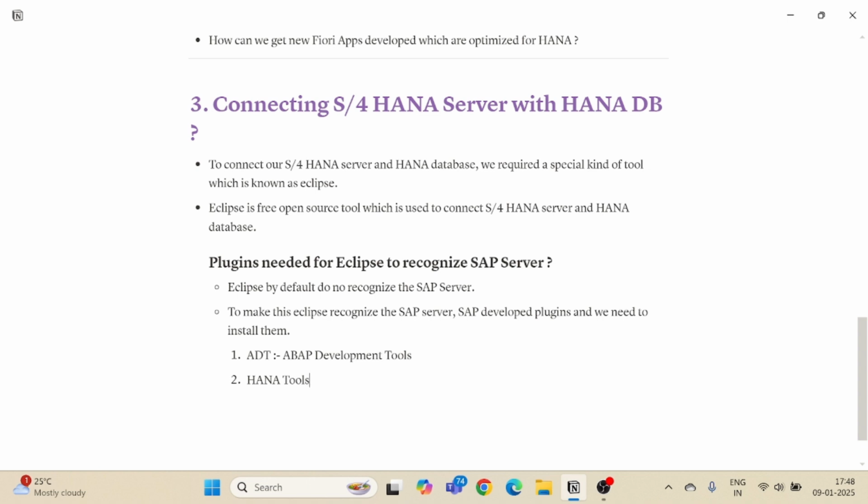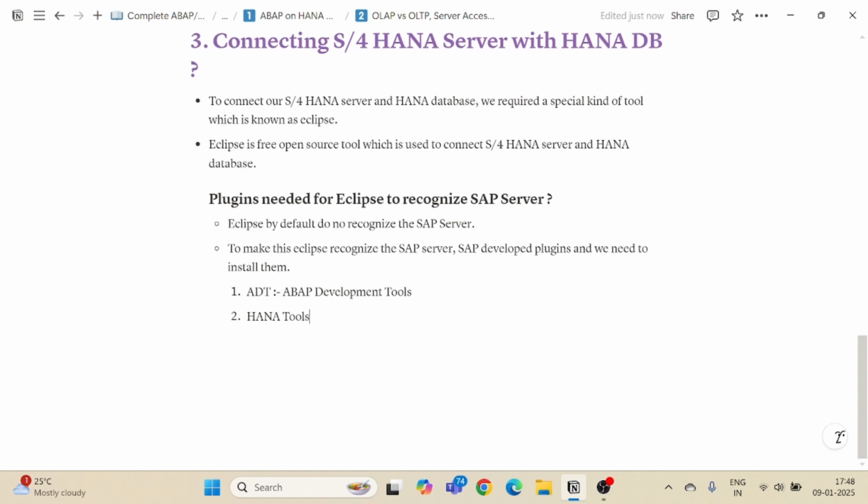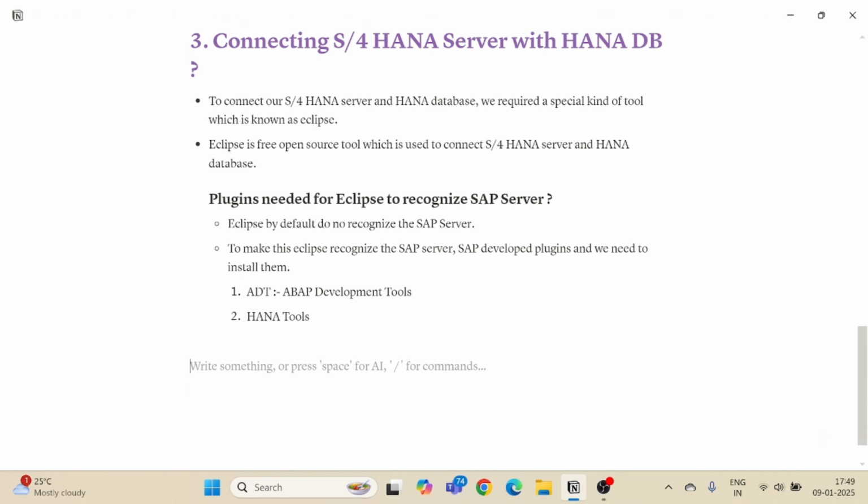To recognize SAP server. Okay. Now once these two plugins are there, we can connect our Eclipse to HANA database, as well as we can connect with our ABAP application S4 HANA system also. So now what you see, if this is ABAP application